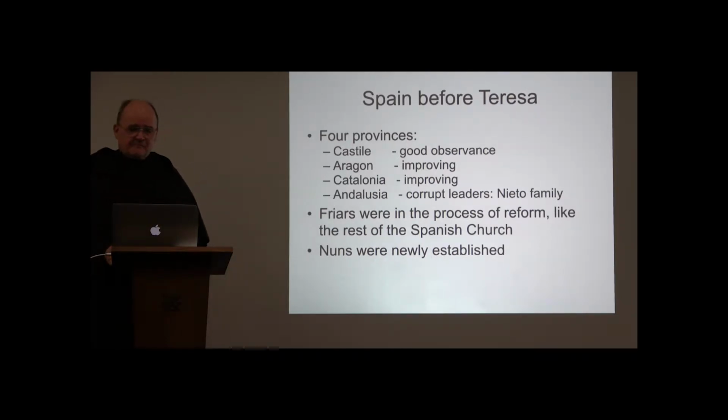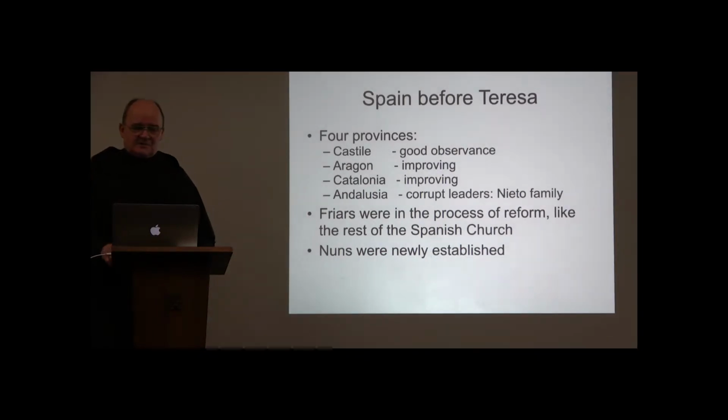Some of the representatives of Nicholas Audet and before him of John Soreth had visited the various provinces in Spain and had urged the kind of reform that all of them were going to need. Castile especially bought into the reform and managed to hammer out legislation for its own members that were very good elements in getting religious life back on